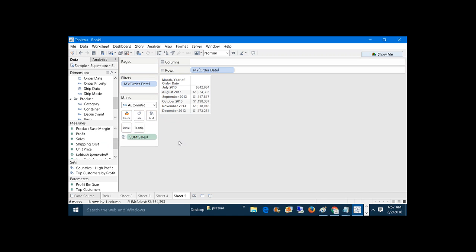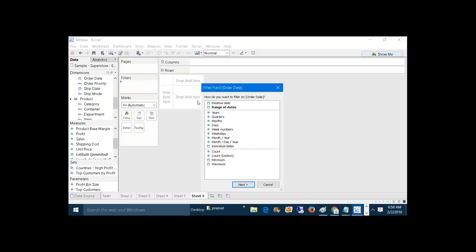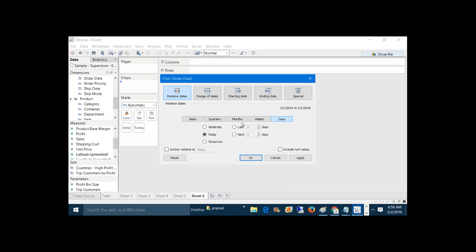It is one way. What is the other way? The other way is to drag the order date and drop it into filters. Now click on relative dates, click on next. Here we want to show the last 6 months. Just go to months, click on last, click on 6, click on anchor. In the anchor, set the last day. What is the last day? 31st December